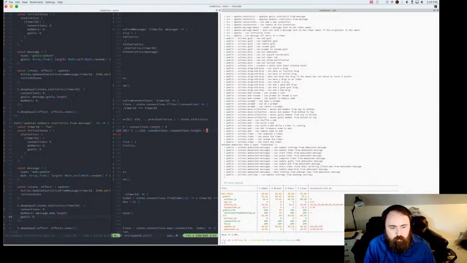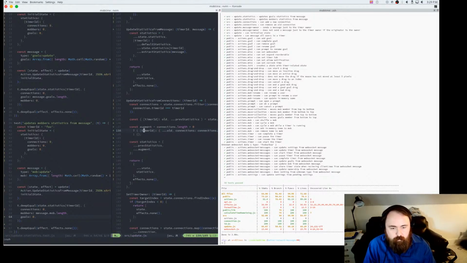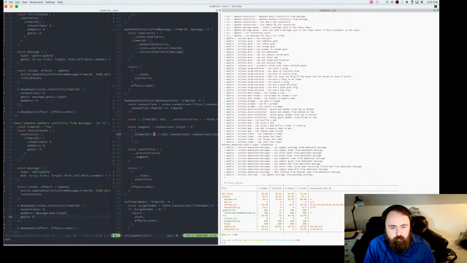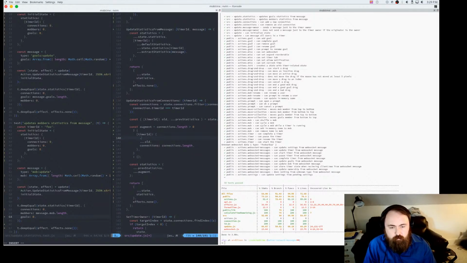Oh, right, I remember why it's working like that now. So let's put this up because it's longer than I thought it was. And I think we still should do something like default statistics. That's just a polyfill. I can't imagine when that wouldn't already have the right stuff in it, but I don't know. So we'll just play it that way.